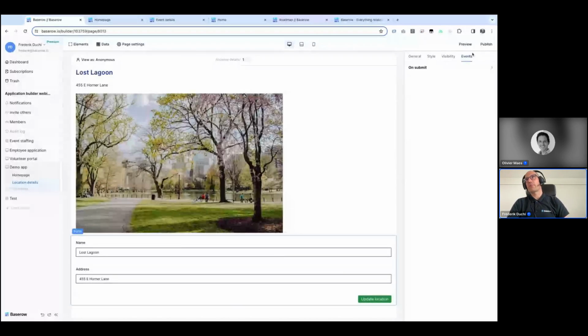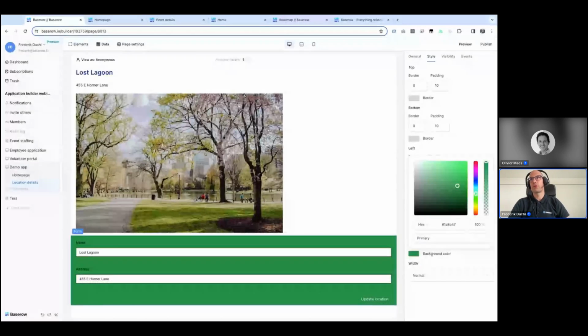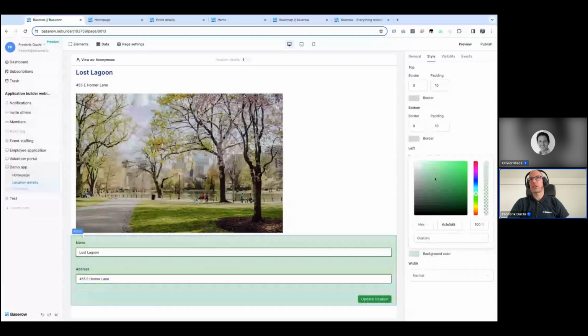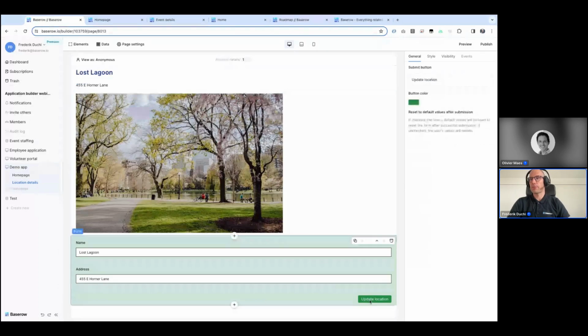In my events tab, so I have 4 tabs: general, styling. So for example, if I want to have a background color over here, this one, well, let's change it a little bit. So I can do some basic styling. Visibility, I come back to this later, but some elements like a form button,